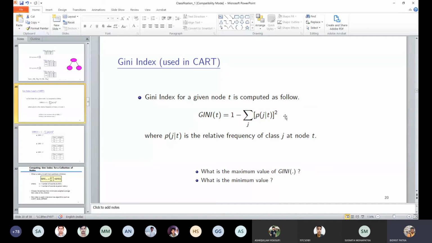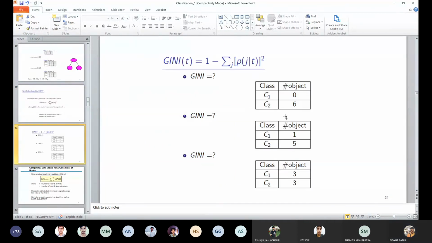With one example I will end today's class. Can you compute the Gini for these three cases? In the first case, all objects belong to a single class, class C2. So the Gini value will be 0.